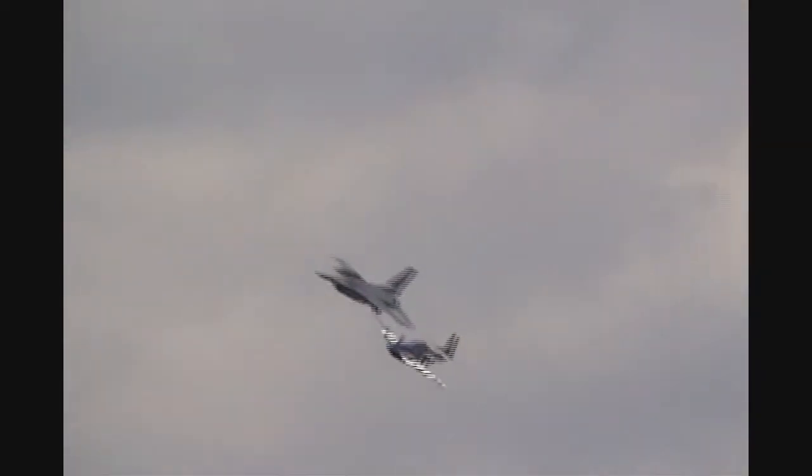From the right, the F-16 Fighting Falcon, piloted by Major Congdon, and the P-51 Mustang, flown by Lee Lauderback. I present to you